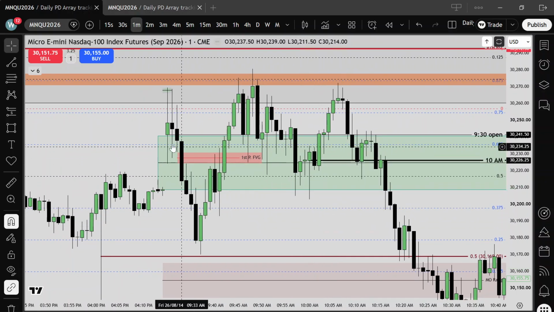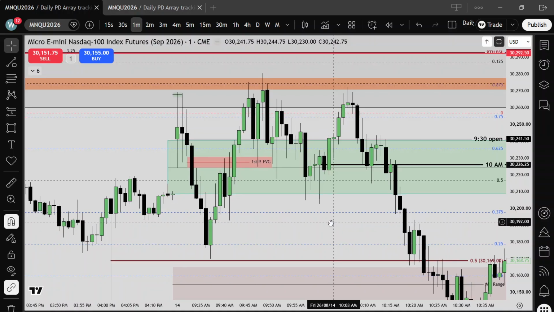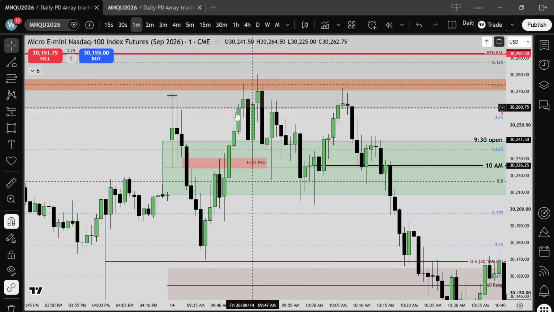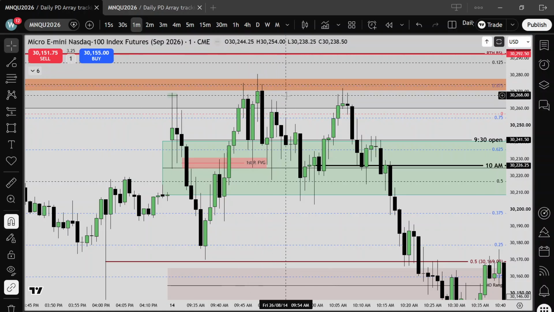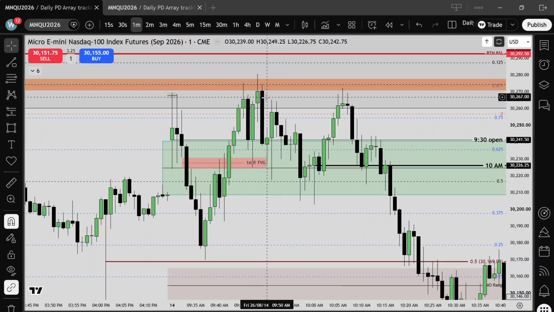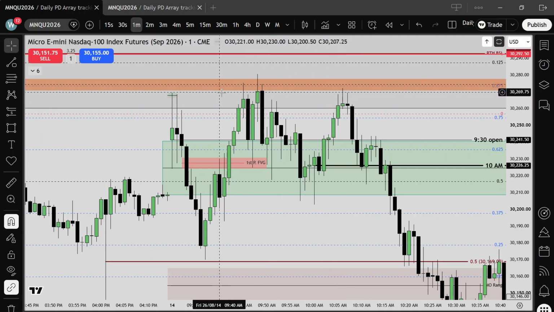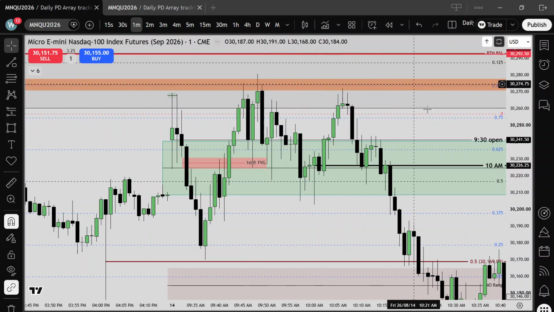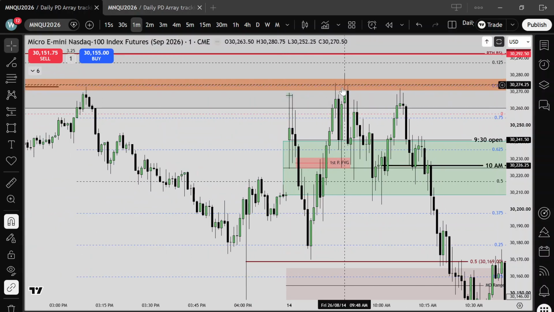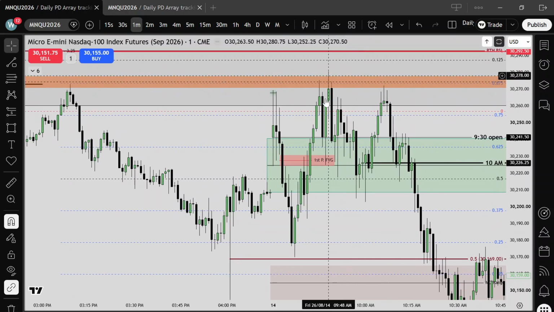Let's see here. So this green is our opening range gap. If we look at it from this perspective and know that last night when we went to bed, we were looking for lower prices. So far nothing has changed up here that has told us that we are looking for higher prices yet, because we still have nothing above a 15-minute BC. From a 15-minute perspective, we have no bodies getting inside this gap, and so far we haven't taken out this high until right here. So once we take this high out,